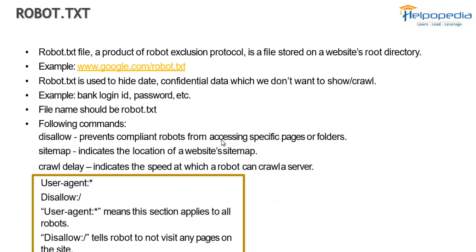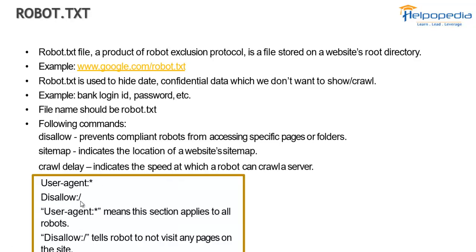Then the robot.txt file, we just got to know what the robot.txt file is and how we can use it. Even if I have only the first line over here, user agent star, and I name that file robot.txt and upload it on the server at the same place where I uploaded my sitemap.xml, then it is okay, there is no problem. Then Googlebot will know that all the content of this website applies to it and it can take all the content from this website.